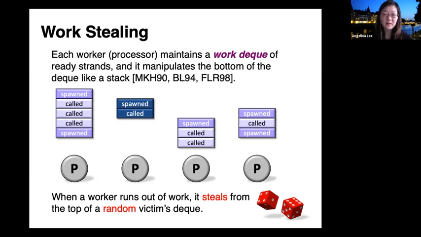Because in Cilk, recall that when you spawn a subroutine, the continuation of the parent can potentially execute in parallel. However, that's only true for a subroutine that is spawned, but not for a subroutine that has been called. So in this case, the very first frame stolen by worker 2 has previously called, and only the second frame has previously spawned.